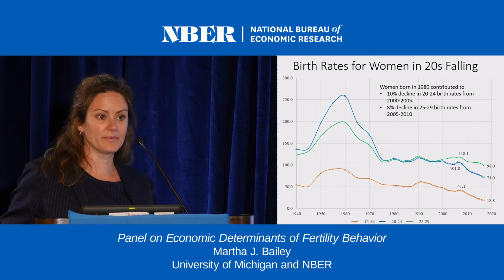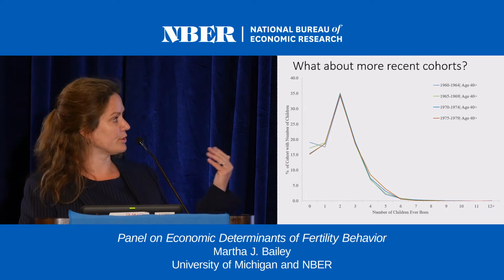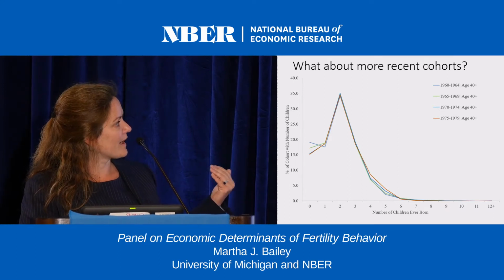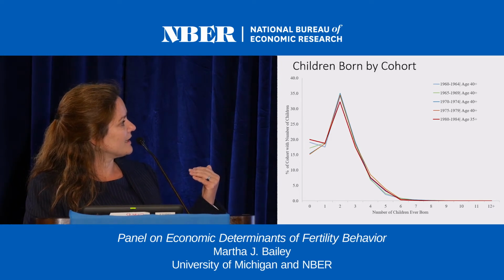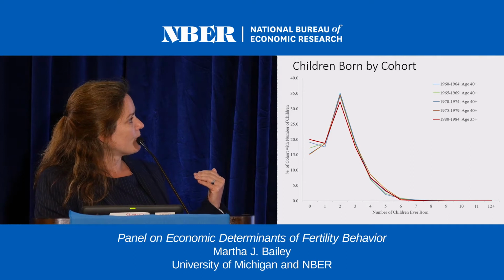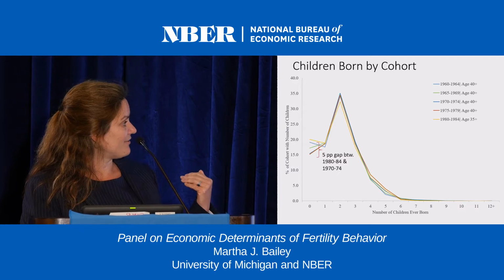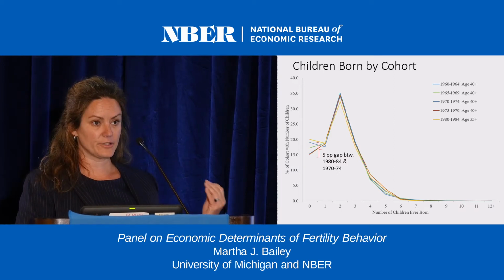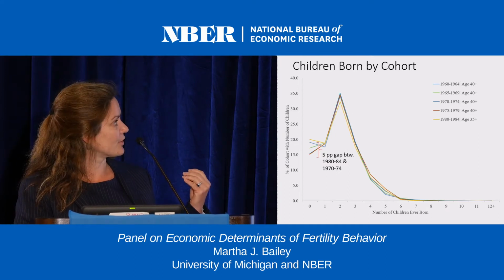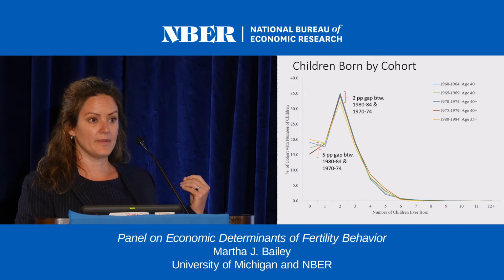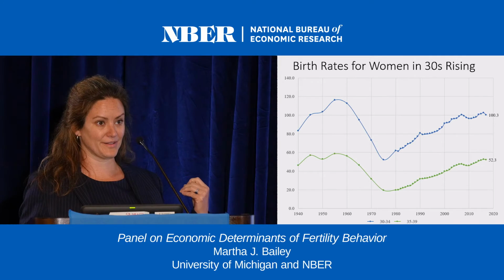So how did childbearing for this group turn out, say by their early 30s? So I'm back to my picture I was showing you before, where the last cohort is women born right up through the end of the 1970s. And women born between 1980 to 84 who were only 35 and over look remarkably like the cohorts we've seen before. We do see about a 5 percentage point gap between their childlessness rates, which appear higher than the women who just completed their childbearing at age 45, and about a 2-point gap at number 2. The good news is there's lots of time for them to make this up because they're quite young.